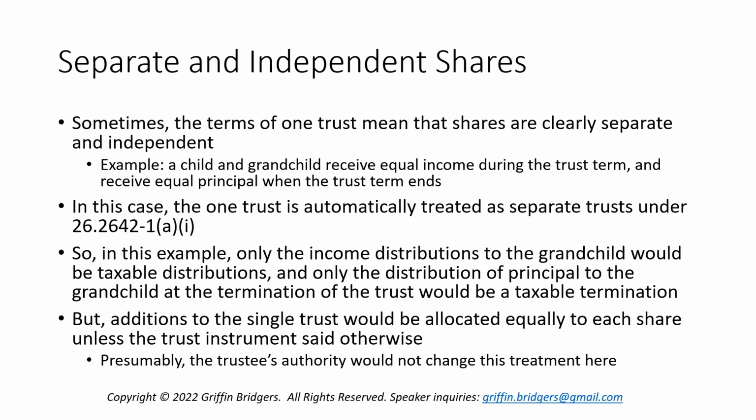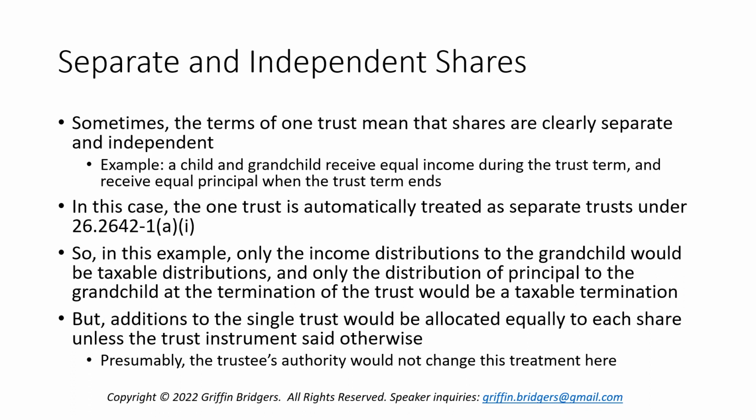So for example, you might have a child and grandchild who receive equal income during the trust term, and at the end of the trust term receive equal principal. So in that case, their interests are clearly equal and thus separate and independent. So what that means is that this one trust could automatically be treated as separate trusts under the first set